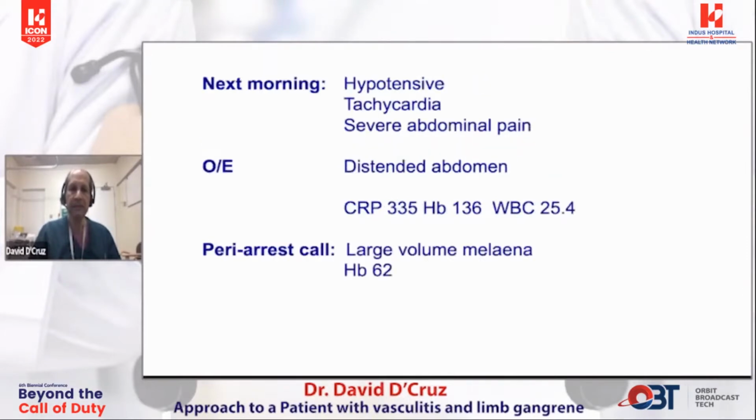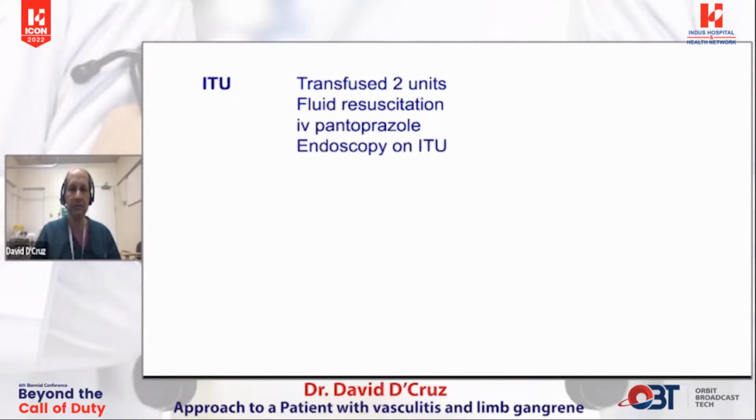a muscle biopsy. However, the next morning he became exceedingly unwell, hypotension, tachycardia, and very severe abdominal pain. Clinically, his abdomen was distended. He had a very high CRP and a high white cell count. Shortly afterwards, he had large volume melena. He was found collapsed in the lavatory, and his hemoglobin dropped to 62. He was transfused 2 units, resuscitated with fluids, intravenous pantoprazole, and he was transferred immediately to the intensive therapy unit,